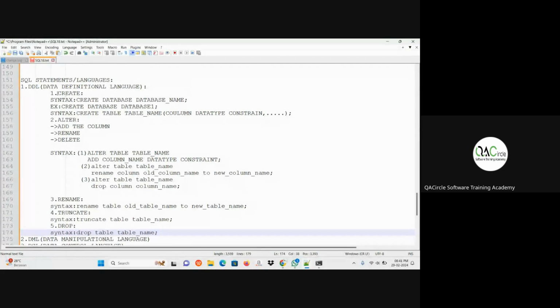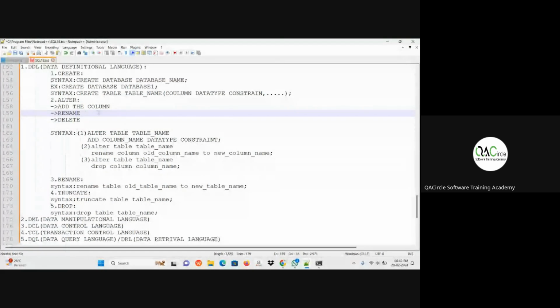Okay, these are all the 5 statements that come under data definition language. This is the first language in the SQL statements. In that, you can create the table by using the create statement, and also the database. And you can alter the table which is already created, but you can alter only 3 things: you can add the column, rename the column, and delete the column.